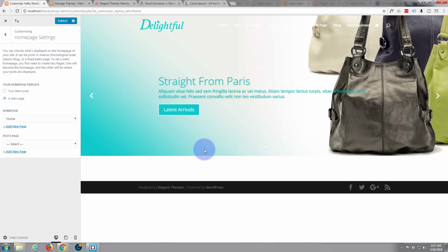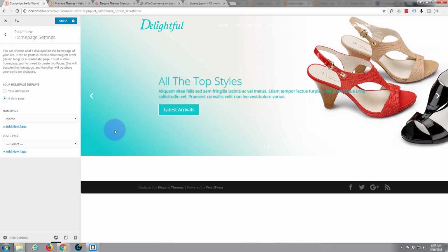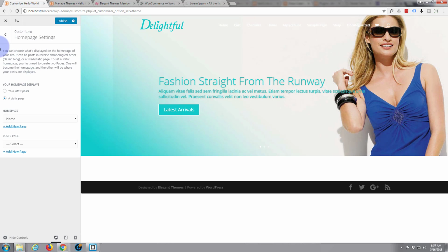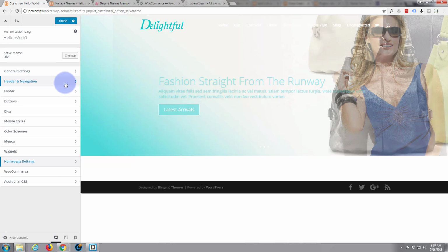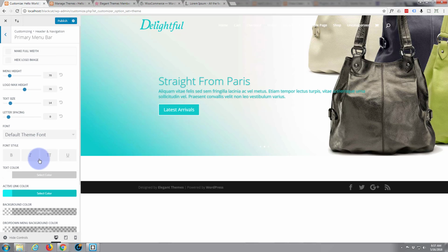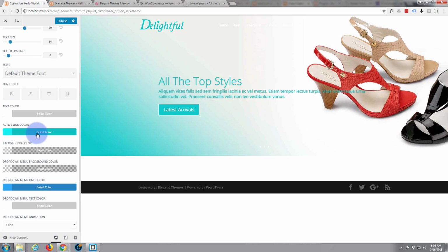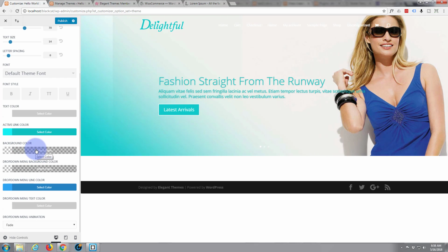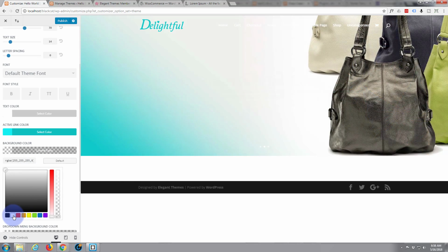Okay, that's kind of shaping up. That's almost like I want. Our slides are working okay. I've got no color up here at the top, which is what I wanted, but that's not usually the default setting. I think usually header and navigation, it would be the primary menu. I think usually there's a color here. Yeah, background color. So if I was to put a color in yours, you may get